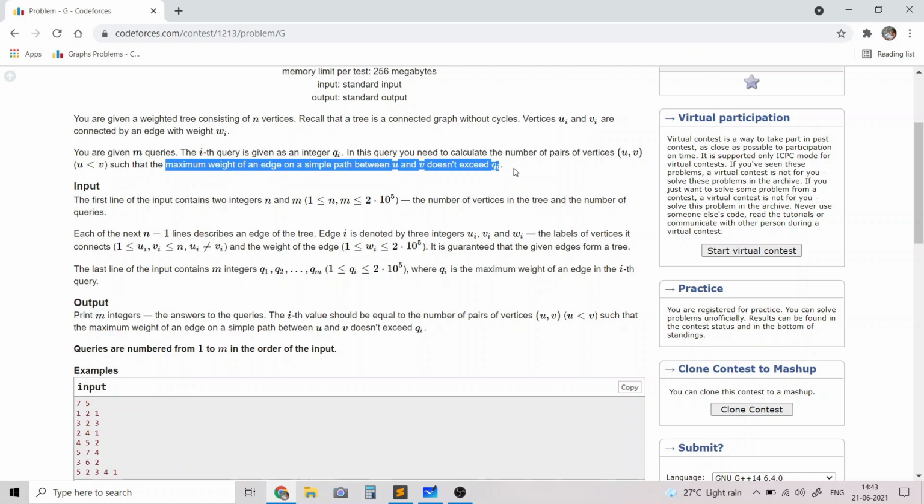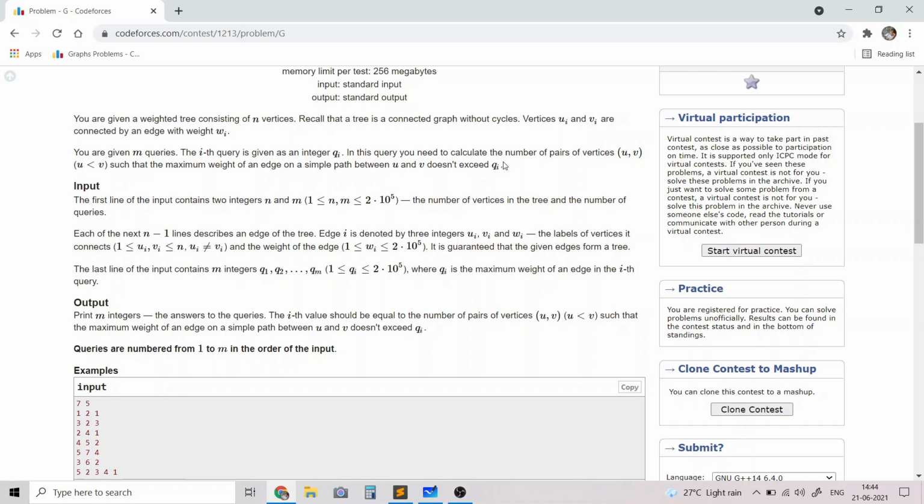exceed qi. And just a reminder, when they say the path between u and v, they actually mean that every edge from u to v should have a weight which is less than or equal to qi, and that gives you a hint that u and v should be in the same connected component if you consider only those edges which have a weight less than or equal to qi.